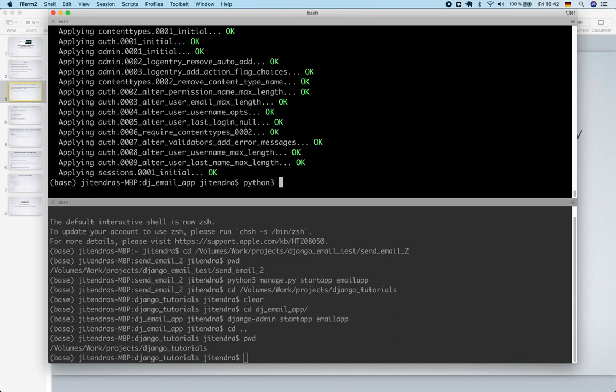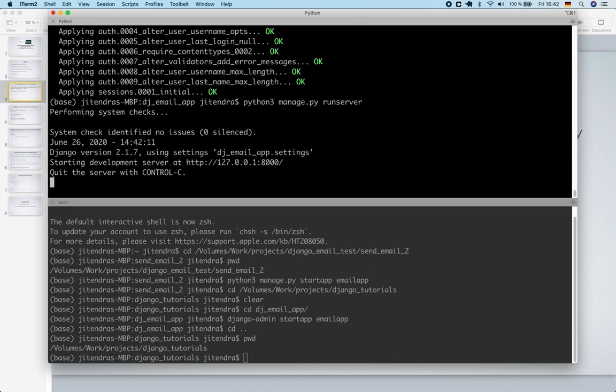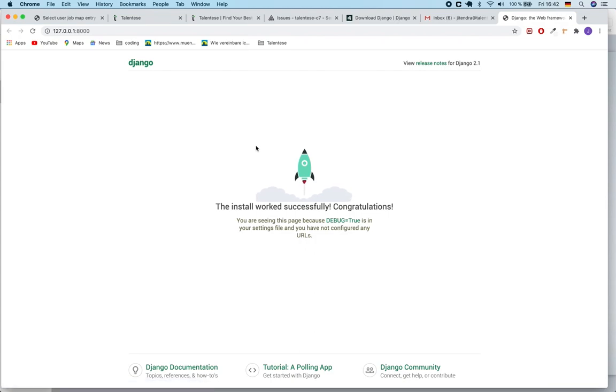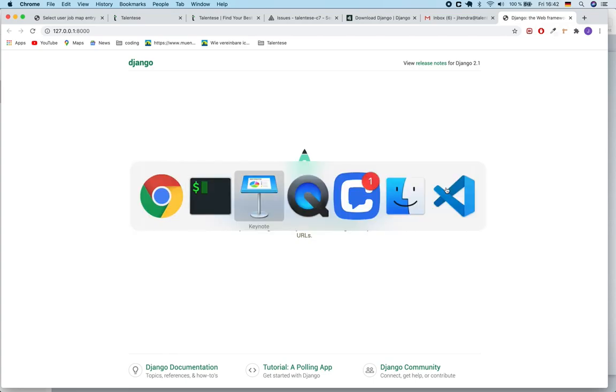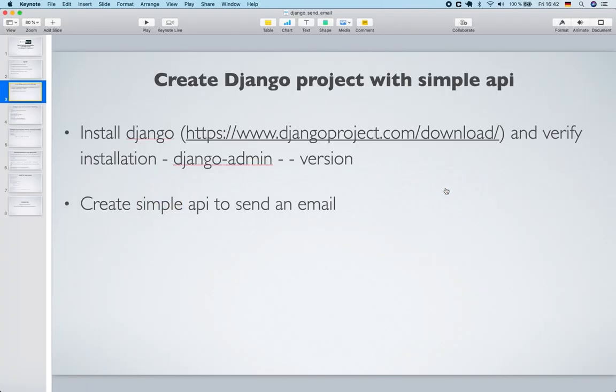Now let's try to run the project. manage.py runserver. We can check if this is working. Here you can see we have already installed Django and created a simple Django project. Let me try to open this project